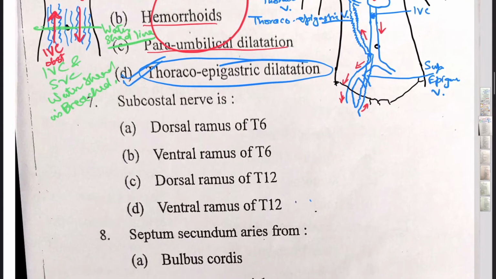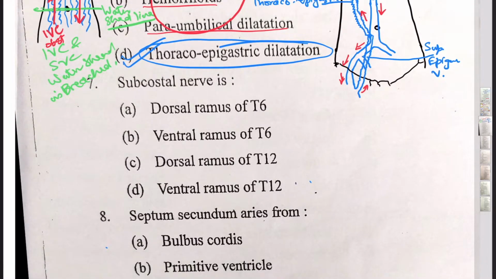Question number 7. The subcostal nerve is: dorsal ramus of T6, ventral ramus of T6, dorsal ramus of T12, ventral ramus of T12. This is a very easy, simple type of question. You know that